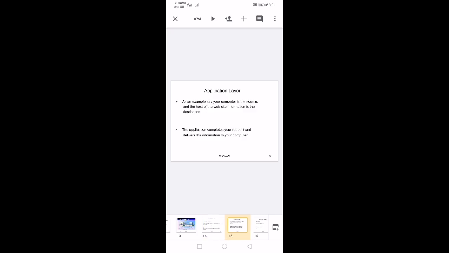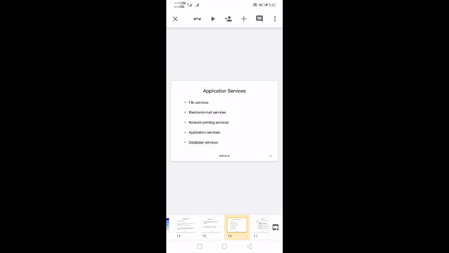As an example, say your computer is the source and host is the website from which you want information. The application layer completes your request and delivers the information to your computer from that web browser. Whatever data you want, that data will be given to your application by the application layer.